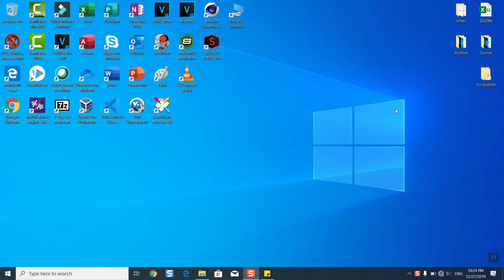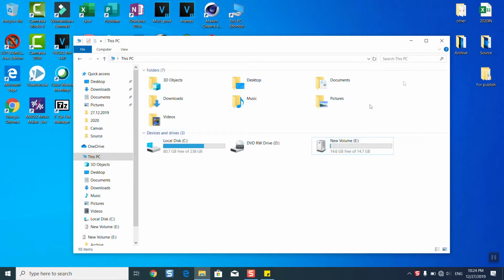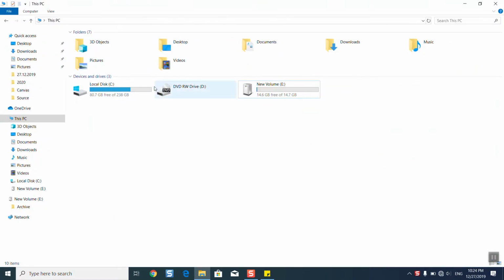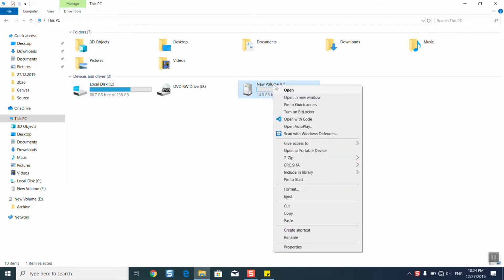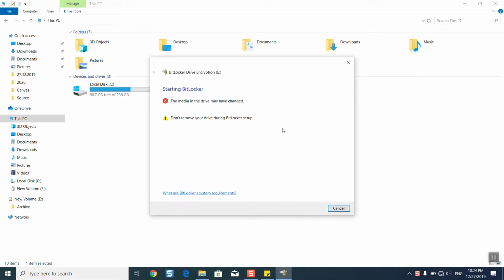In this video guys, I'm going to show you how you can turn on BitLocker for a device on your computer. So let's open the Windows or the PC shortcut. Then just locate the device or the partition for which you want to turn on BitLocker. Click with the right button of the mouse and select Turn on BitLocker. Once done,